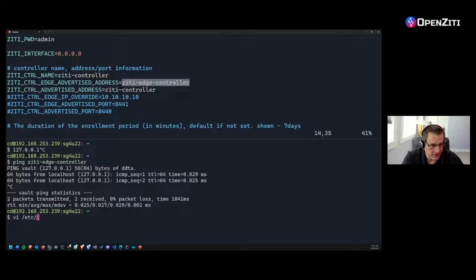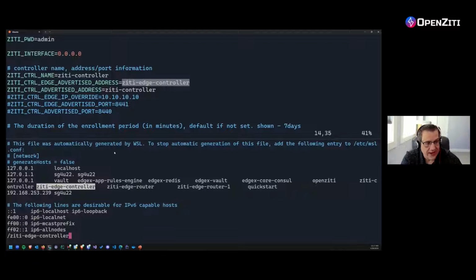So if I look at my local machine and I ping ZD Edge controller, because I have used the hosts file, let's see, hosts, because I have added a hosts file entry, I can access ZD Edge controller. And so all the things I'm going to do today are all going to work because I'm going to just keep them locally. But if I were to go to another computer, then I would want to make sure that